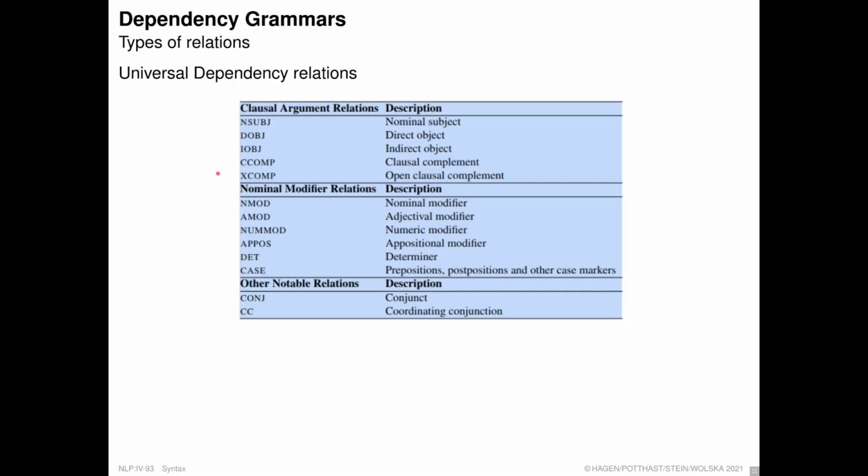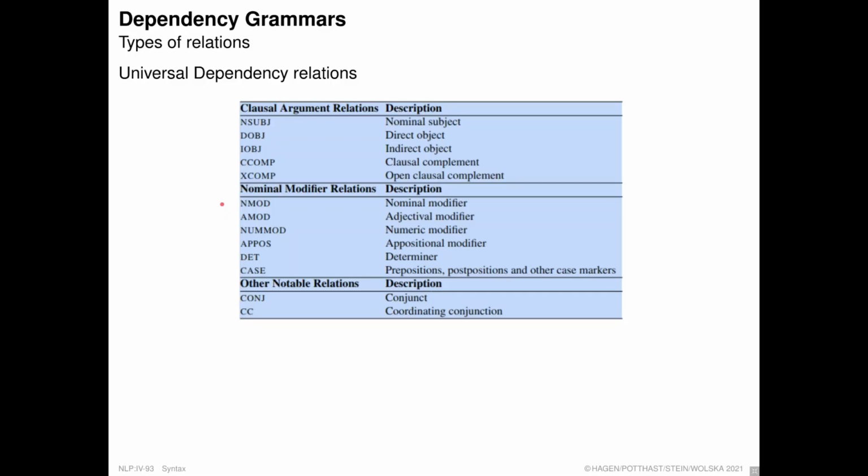You don't have to go into details of all those relations, and some of the more complex ones we will not require that you know details of. But the basics, such as subject, direct object, indirect object, of course, you should know. Similar here, these are modifier type relations, nominal modifiers, with the most basic case, nmod, nominal modifier, so it's